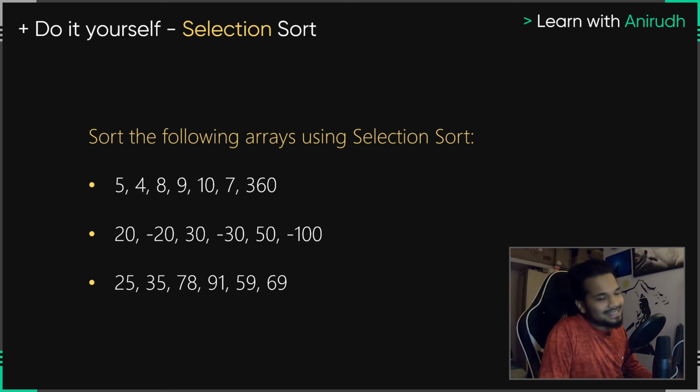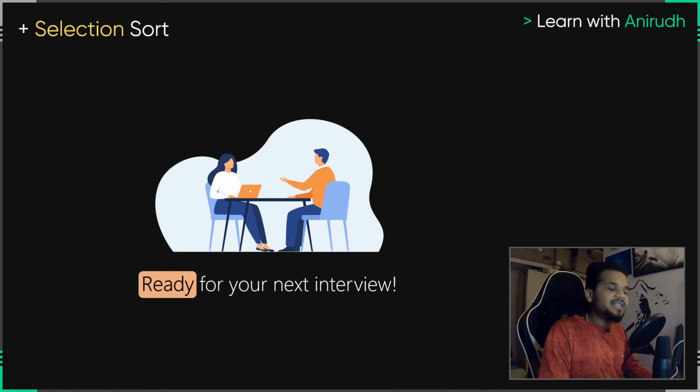Let us see who gets this one first, because it is very important for you to get this right, because selection sort is a very nice question that they're going to ask in the interviews, especially when they ask about merge sort and quick sort. This is a question that in fact I was asked many years ago. Can you give an example of an algorithm which is not as efficient as merge sort?